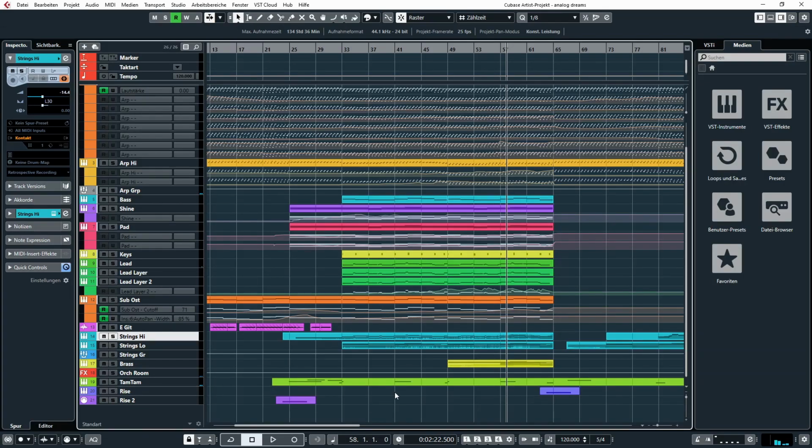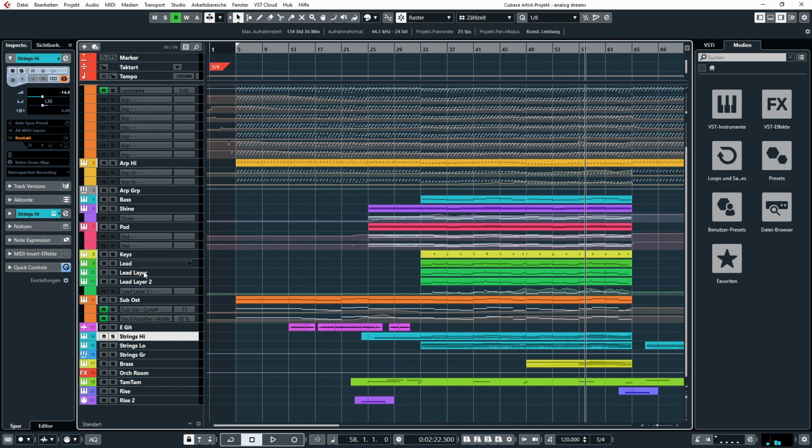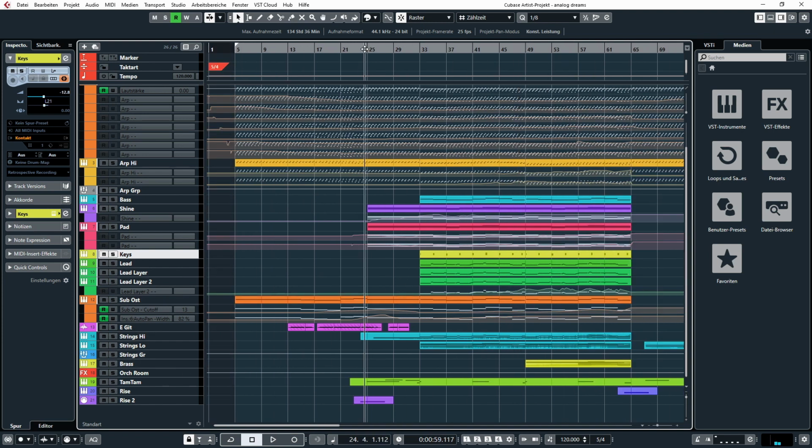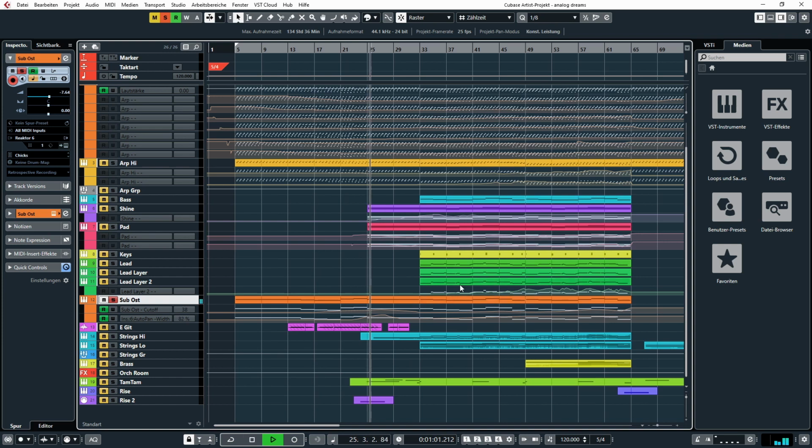Alright, so here we are, back at it again. I've done some work. I've added a couple of instruments. First of all, I started by layering the melody. I added a couple more layers to give it a little bit more texture, make it more interesting, and also these stabbed keys just for added harmonic content, I think. So I did that with Analog Dreams, and the next thing I did was I programmed this low ostinato synth,